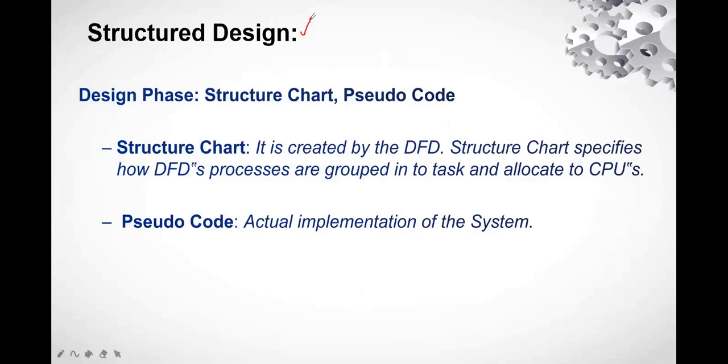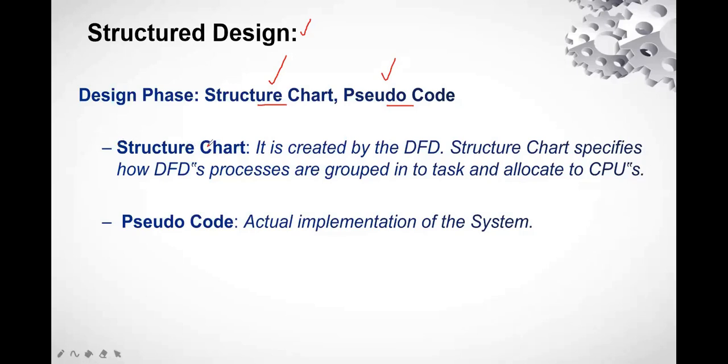improves the quality and it reduces the risk of system failure, right? And it also enhances the flexibility, the maintainability, and the reliability of the software we are designing. So in this particular phase, the two types of diagram we are going to work on are, the first one is called the structure chart and the second one is the pseudocode. Now, first we are going to work on the structure chart.